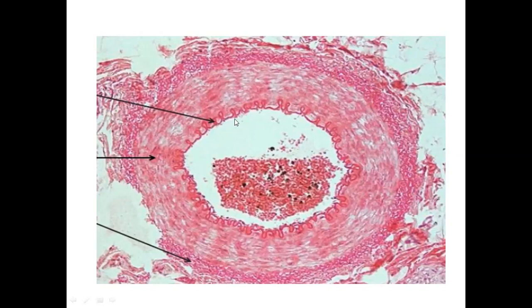Now just look at this first layer, the endothelial cells. Then we have a small amount of connective tissue, subendothelial connective tissue, and then a very conspicuous elastic band bordering this first layer from the middle layer. What would be the name? Internal elastic lamina. True. And then we have the middle layer,